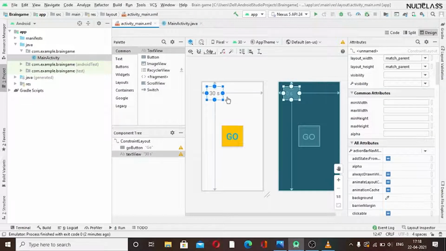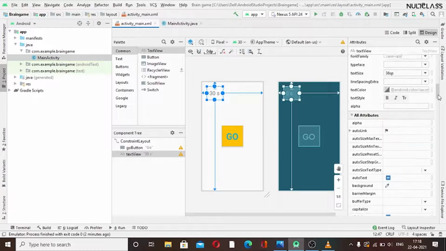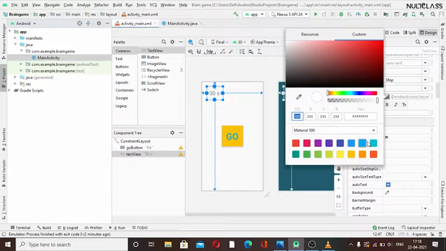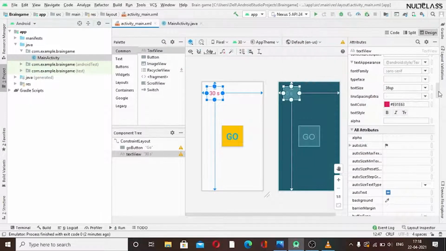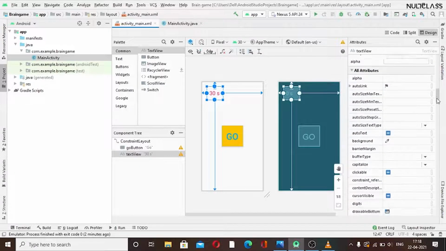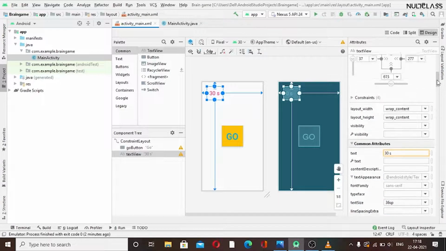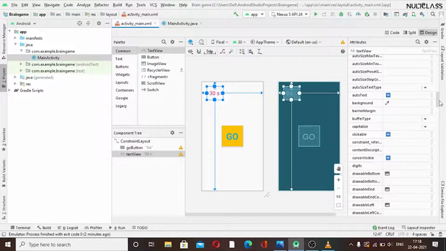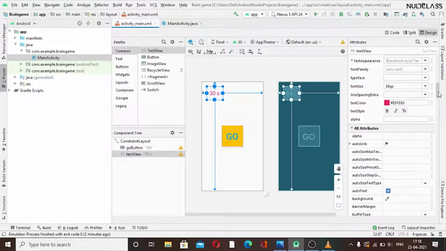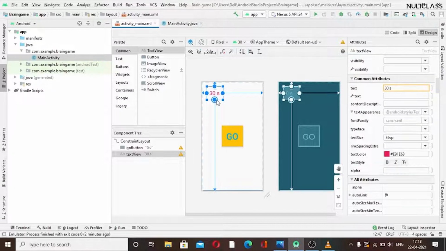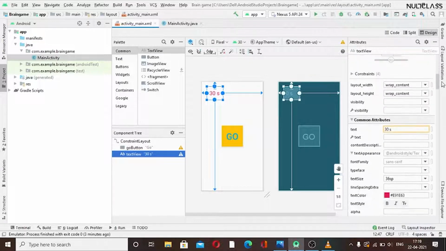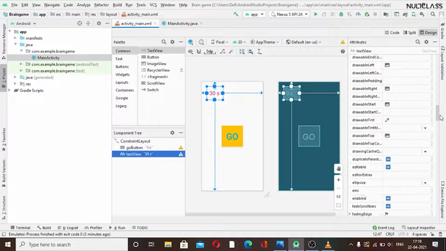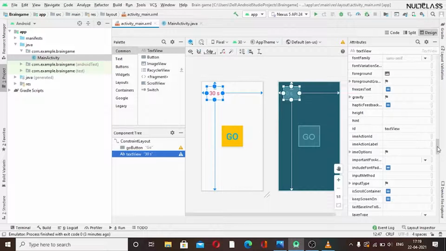So I will just change the color here. Firstly I will be changing the text color. This looks fine, and now I will change the background color. You can find the background color here or above. For the background we need to select our text view, so we can set its background color. To find that, this should be down somewhere.